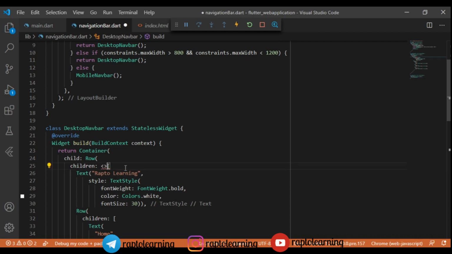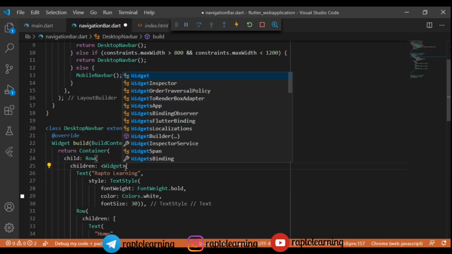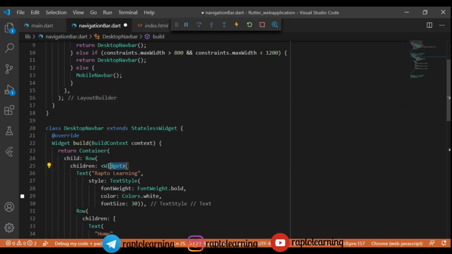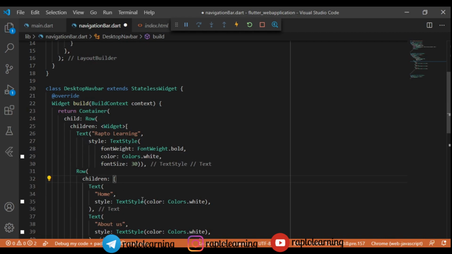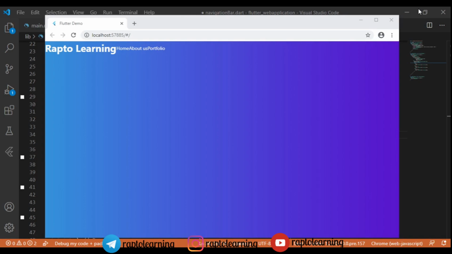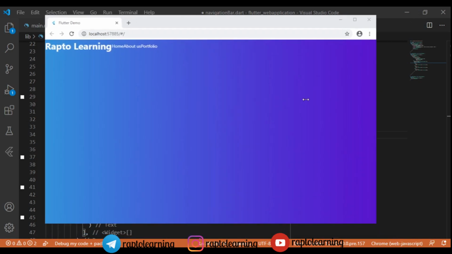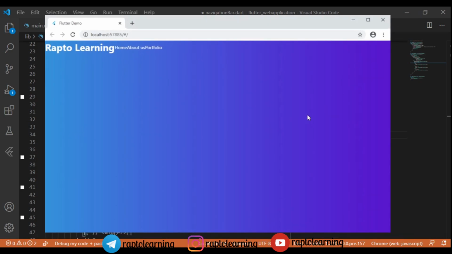So we have to provide padding to our row, right? So for the next row, we will add a children widget here. We will add this widget here, and then we will add this also here. So let's reload the page, and let's see if this is working or not. It will probably not work because we have not provided any type of padding between those two.